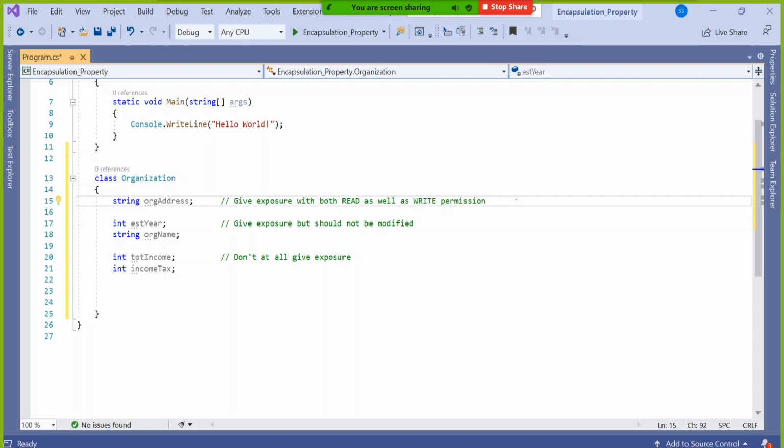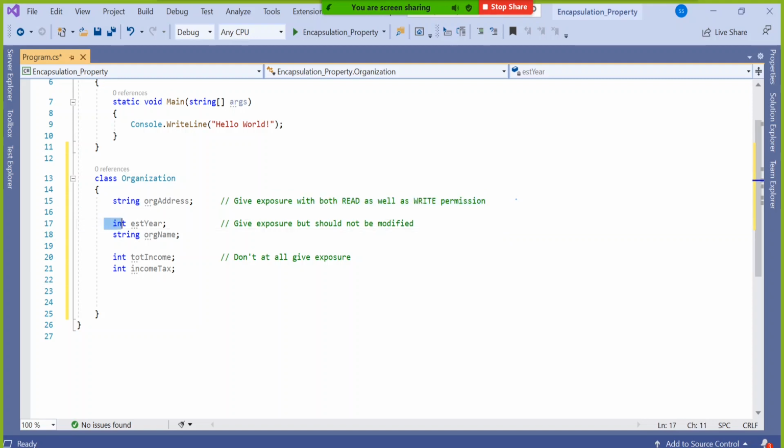What do you mean? If by chance that company changes the building, then the address will be changed, right? But by changing the address, do you think the established year changed? No. So established year and organization name same, but perhaps they relocated from one building to another. That's why I said address of the company, give it full permission, like somebody will be able to see as well as somebody able to modify if it is necessary.